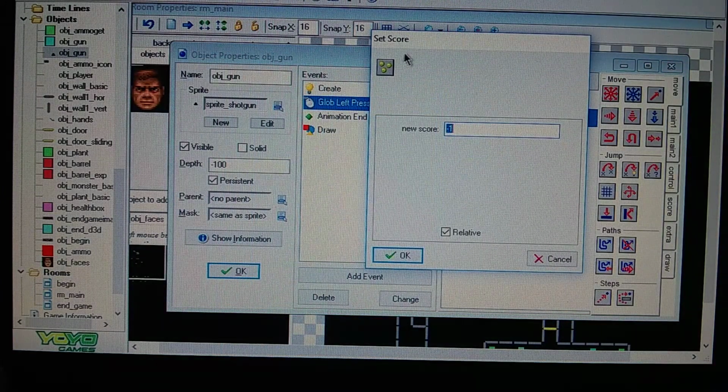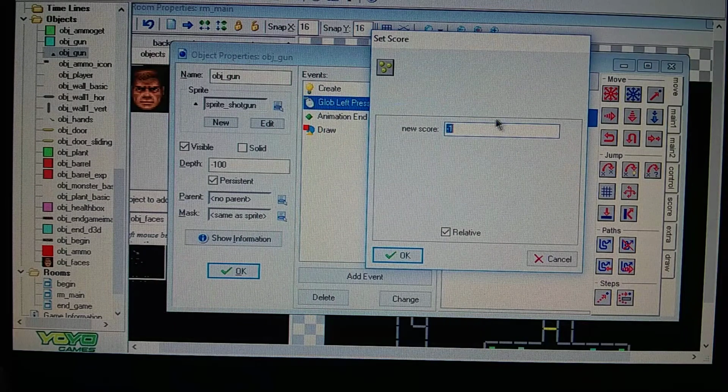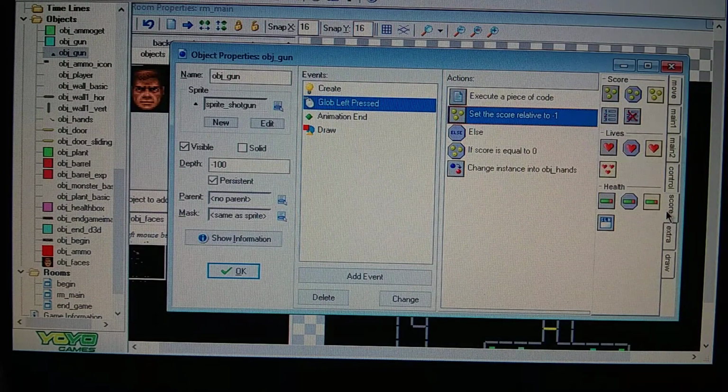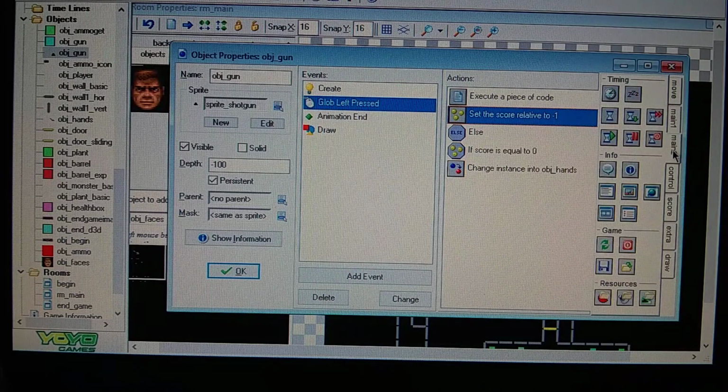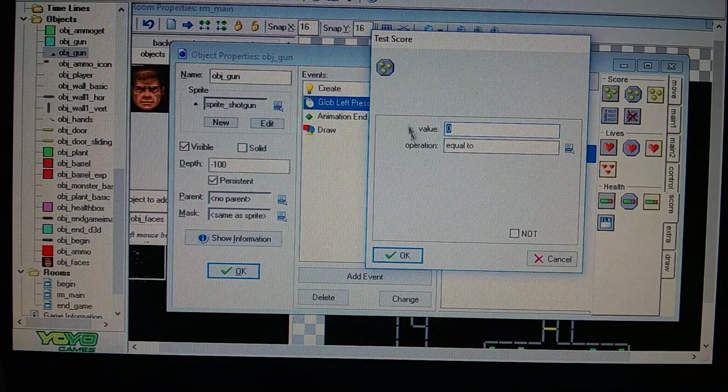Then I have a set score icon, so set the score to -1, set its relative. This is talking about when you click a button, it's going to decrease your ammo by 1. That's what it's doing. I don't have a score in this game, so I use the score as my ammo. And the score is in the score tab here. Then you put an else statement in here from the control tab. Then you put another score icon in, and this is testing the value. When you click a button, it goes down 1 digit at a time. The value is 0, operations equal to,